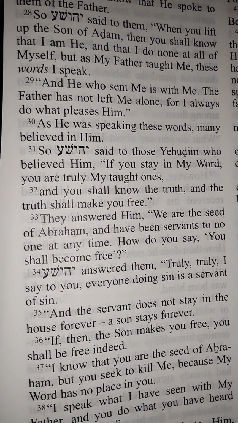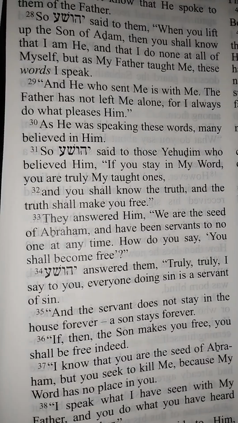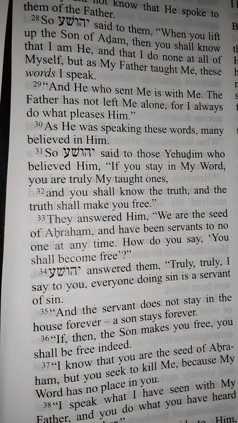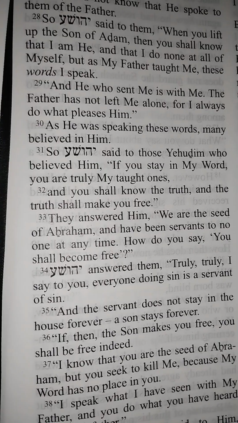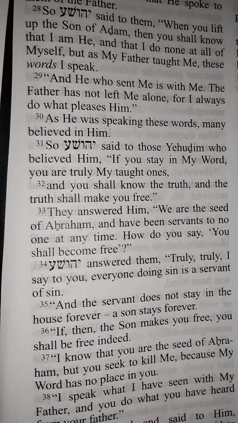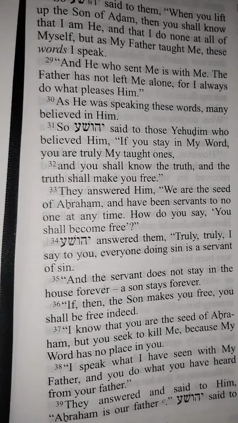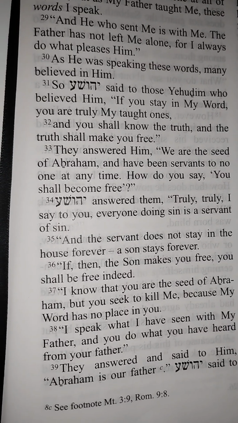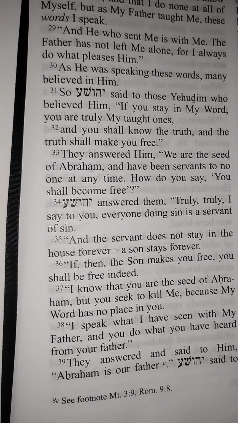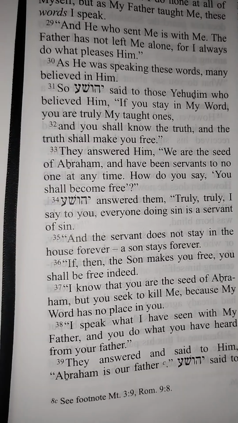Yeshua answered them, Truly, truly, I say to you, everyone doing sin is a servant of sin. And the servant does not stay in the house forever, a son stays forever. If then the Son makes you free, you shall be free indeed. I know that you are the seed of Abraham, but you seek to kill me, because my word has no place in you. I speak what I have seen with my father, and you do what you have heard from